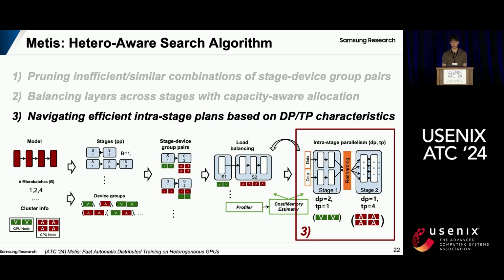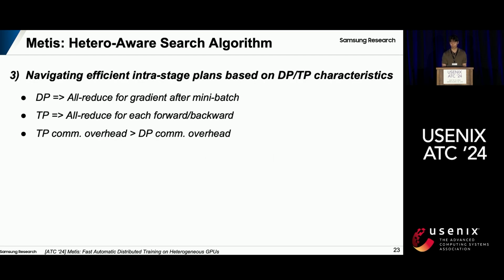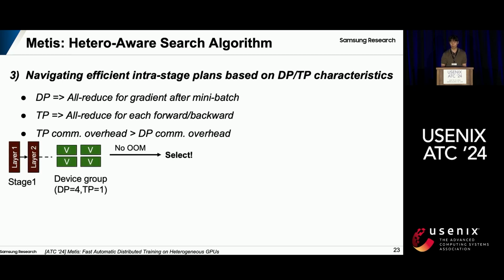After layers are allocated to stages, the final step is to decide the intra-stage parallelism. To reduce the search overhead of intra-stage parallelism, we also harness the key observation that increasing data parallelism is better than tensor parallelism within a stage, because tensor parallelism has higher communication overhead than data parallelism. Therefore, Metis tries to maximize the DP degree as much as possible within a stage, and if there is no